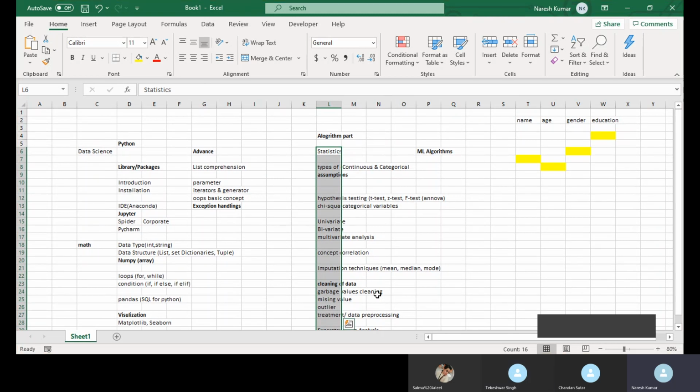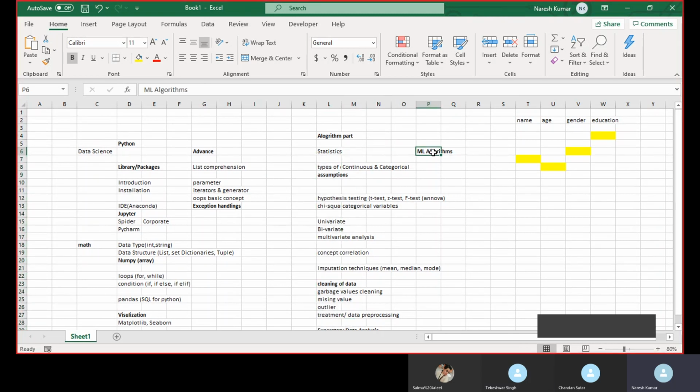After that comes the ML algorithm part, which is again based on our business problem.